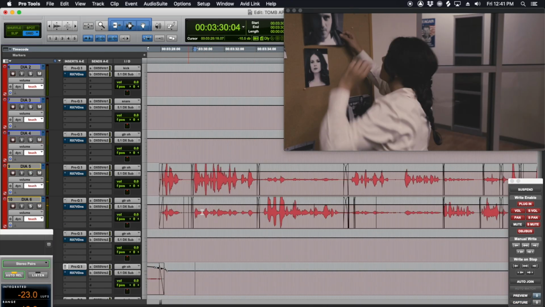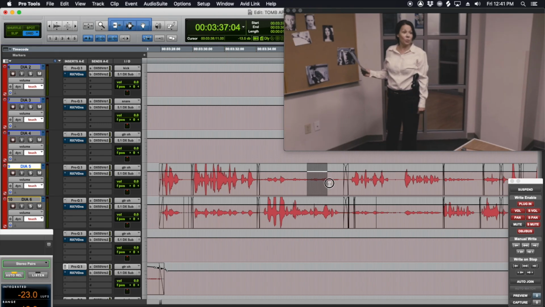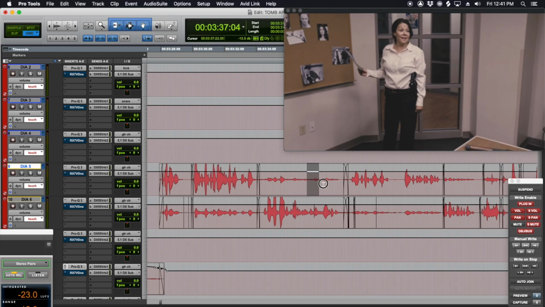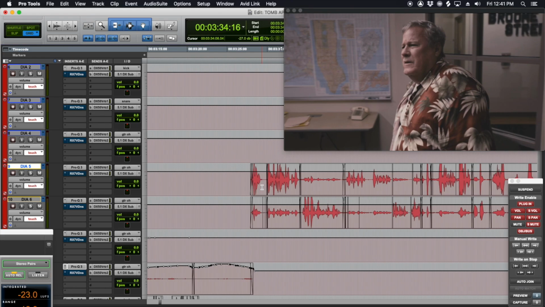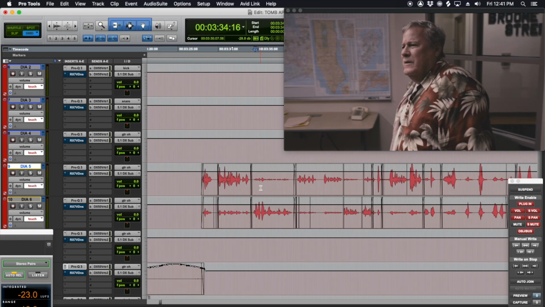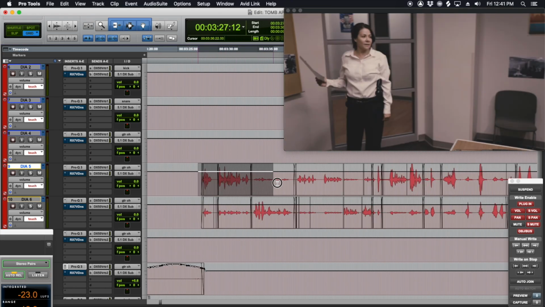This scene has 2 labs. There's no boom, probably because of the Steadicam in the lighting. They couldn't get a boom in there, which sucks. You don't have that natural presence and air of the room, but we've got to make the best of it that we can. So what I'm going to do,